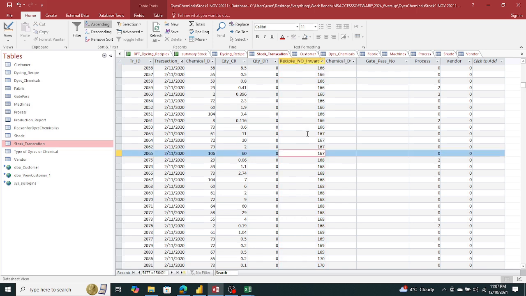For example, this one, 167 recipe, we have issued these chemicals. These quantities were credited. These dyes, these chemicals were credited against this recipe,